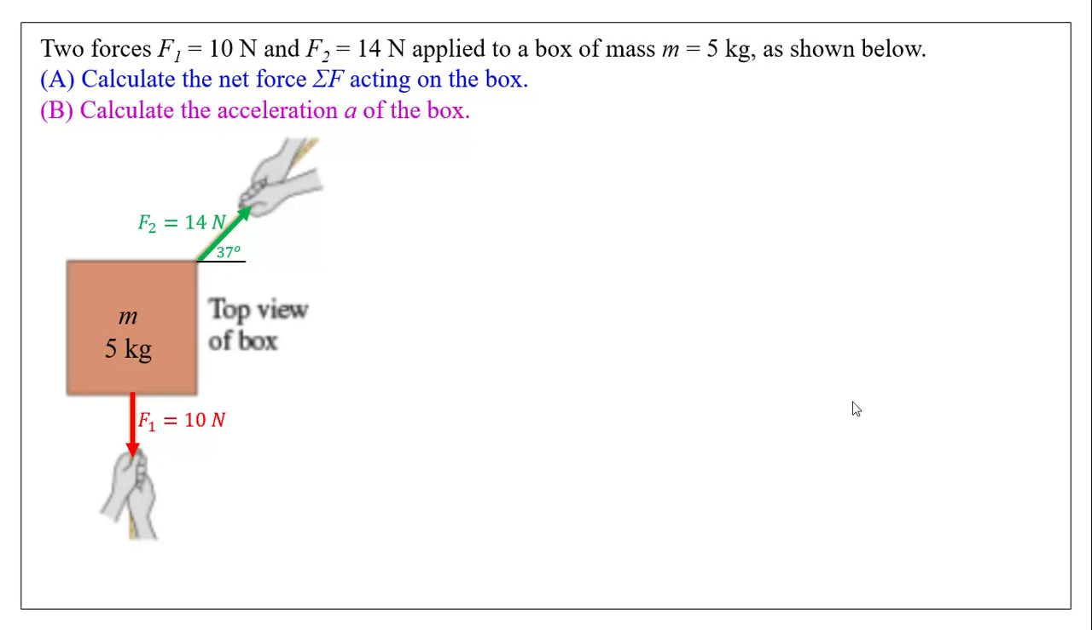Right, so in this particular problem, we have two forces. F1 is equal to 10 newtons, and F2 is equal to 14 newtons. That is applied to a box of 5 kilogram mass. Okay, part A asks us to find the net force, and part B asks us to find the acceleration